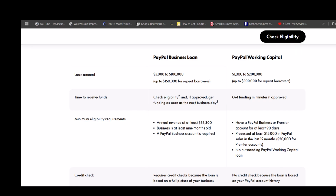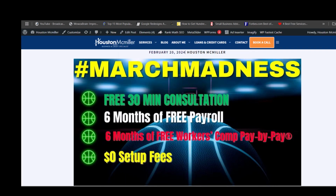When you have those deposits going on with PayPal, PayPal will also usually give you about 30% of the annual revenue of your business. Okay, so that's what PayPal will give you, and they're going to do this with no hard pull on the credit. Now, here's the thing about transferring that money over to Chase. Then what you want to do is